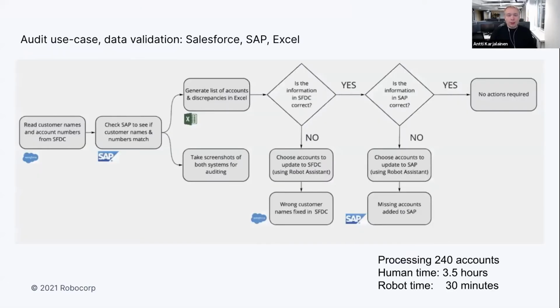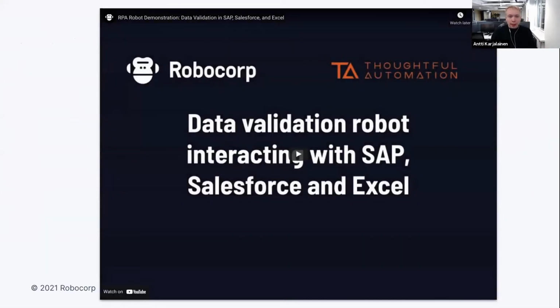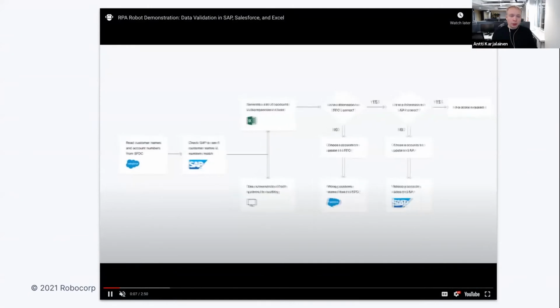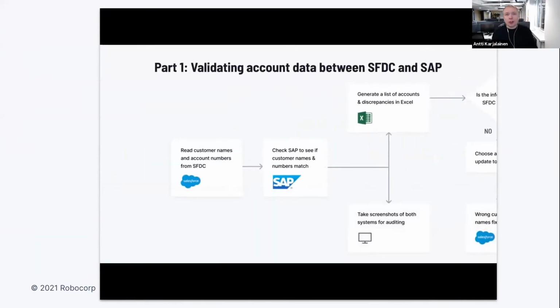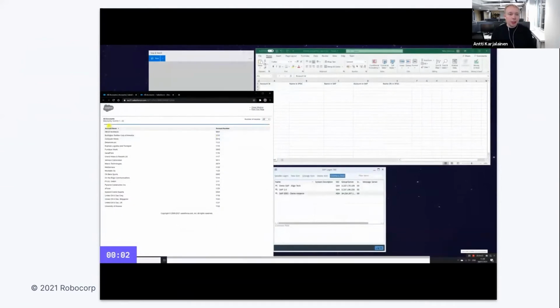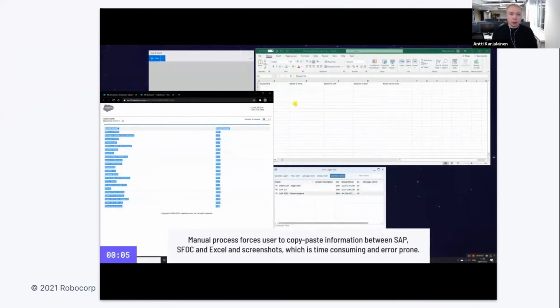And to kind of put it in concrete terms, I'm going to show a real-world use case, which is around data validation in audit. And this automation is going to deal with automating Salesforce and SAP and Excel and a bunch of other stuff. So we're going to just look at the first few steps. And going through the automation here, first we're going to look at the manual process. So in RPA, there's typically always the manual as-is process that is going to be automated by the bots. So in this instance, what we need to do is go into Salesforce, grab a bunch of data, and